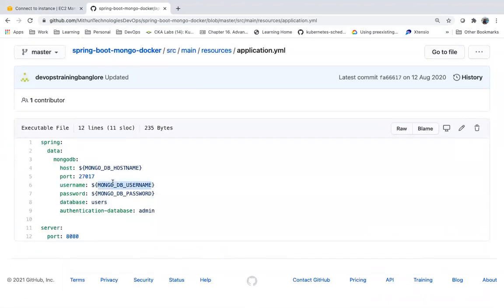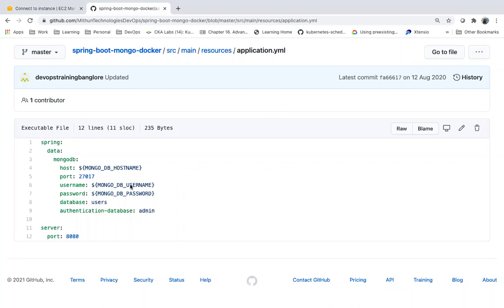right? So what are the things we should consider when you are Dockerizing or when you are deploying your applications as containers or in Kubernetes, right? What are the things you should consider? The developer should not hard code any configurations which are going to be changed or which are going to be varied for each and every environment. Because we need to Dockerize an application in such a way that the same package we should be able to deploy in multiple environments.